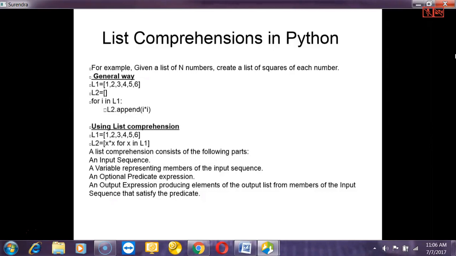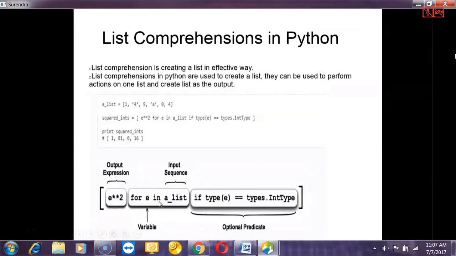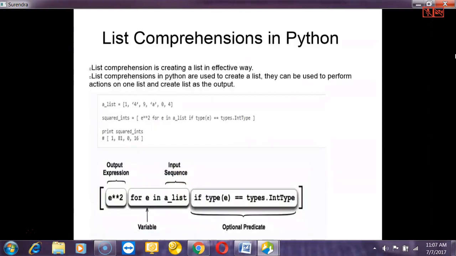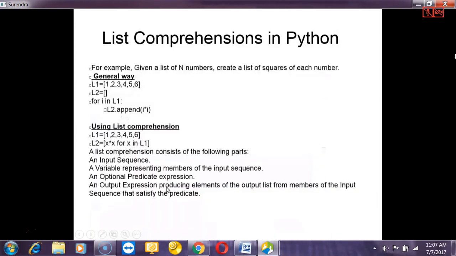You need to go with a good approach to accomplish the task, or whatever task is assigned to you, you need to complete within the time as well as in an effective manner. A list comprehension consists of the following parts: an input sequence, which you already saw, and a variable representing a member of the input sequence, and an optional predicate expression, and the final one is an output expression producing elements of the output list